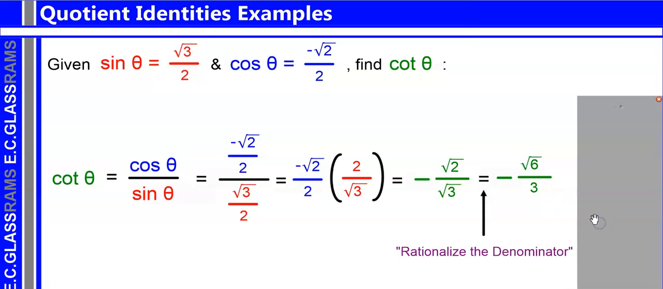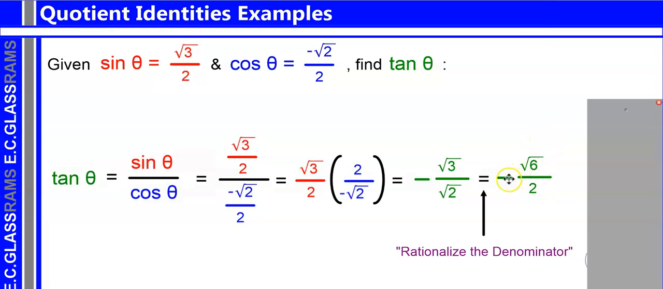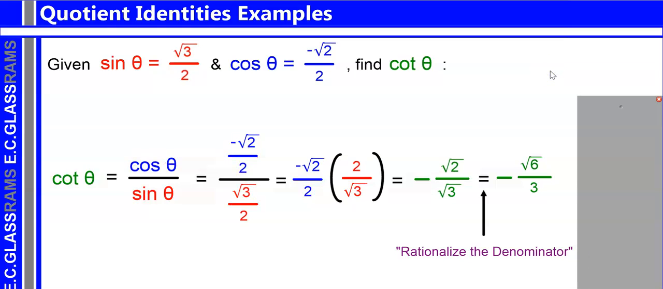So our final answer is negative square root of 6 over 3, which actually is the reciprocal of the previous example of negative square root of 6 over 2. It may not look like it, but remember that if you flip either of these fractions, you would have the square root in the denominator, which you would then have to rationalize, and then you get the same answer. So again, these are reciprocal answers of each other,